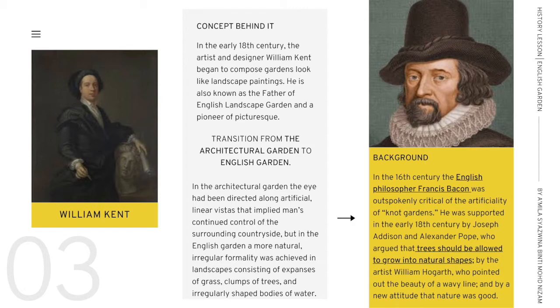Next, the philosopher who gave this idea was the English philosopher Francis Bacon, and his idea was supported by Joseph Addison and Alexander Pope, who argued that trees should be allowed to grow into natural shapes, not formal or rigid shapes. That's why the artist William Hopper pointed out the beauty of a wavy line and the attitude of nature. Why did they argue and support this